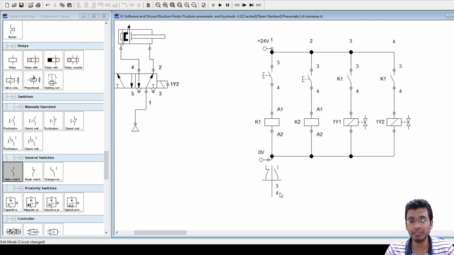See what appeared here? 4. That means this relay K1 can have a normally closed contact and a normally open contact. Its normally open contact is used at current path number 3 and at current path number 4.